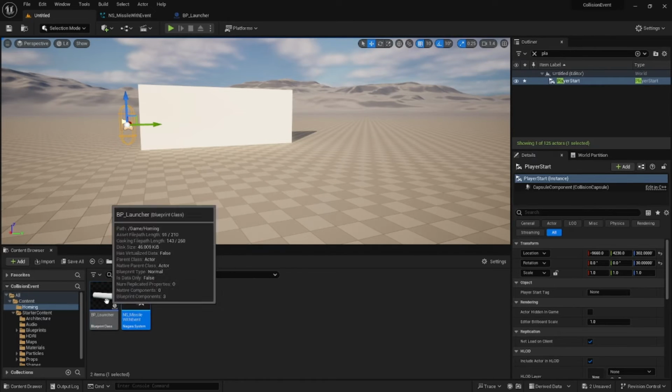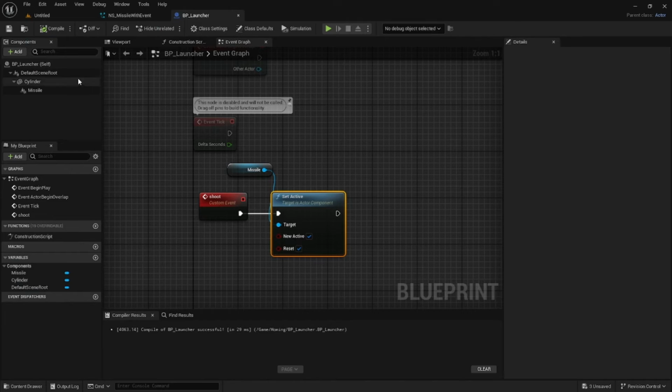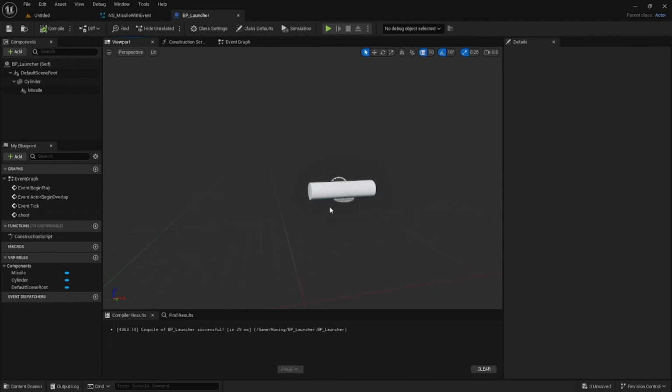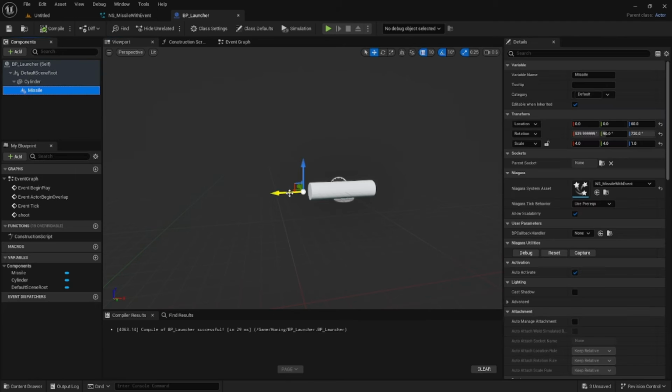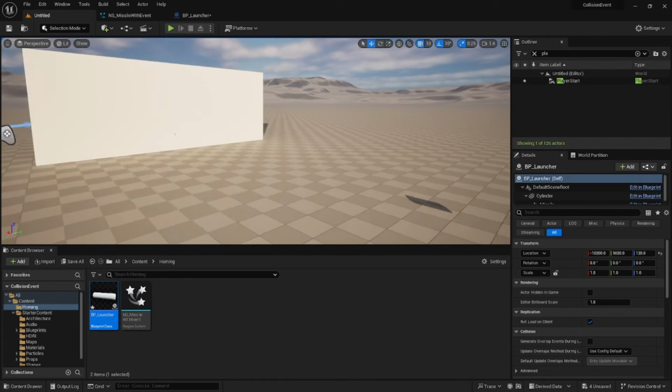So then whenever I pull this out, it is shooting the wrong way. So I did want to set this the other way. So I want to go back and fix that. But really all you have to do is turn your cylinder around. So now we're shooting out the wall,